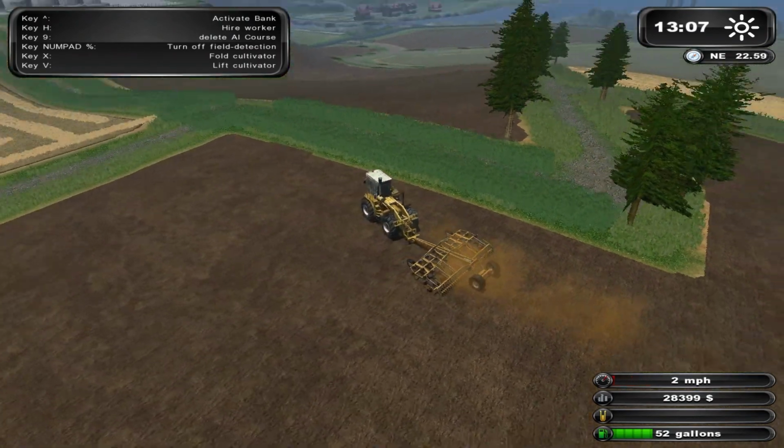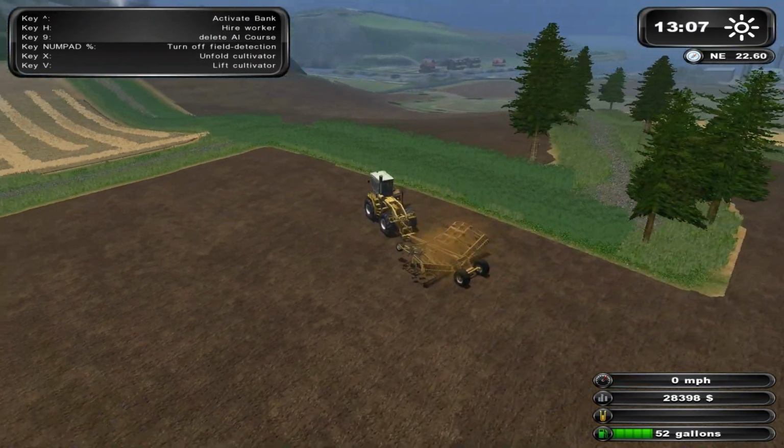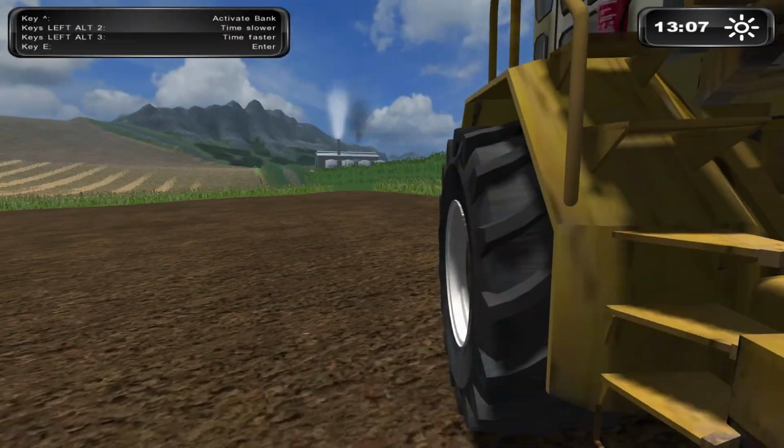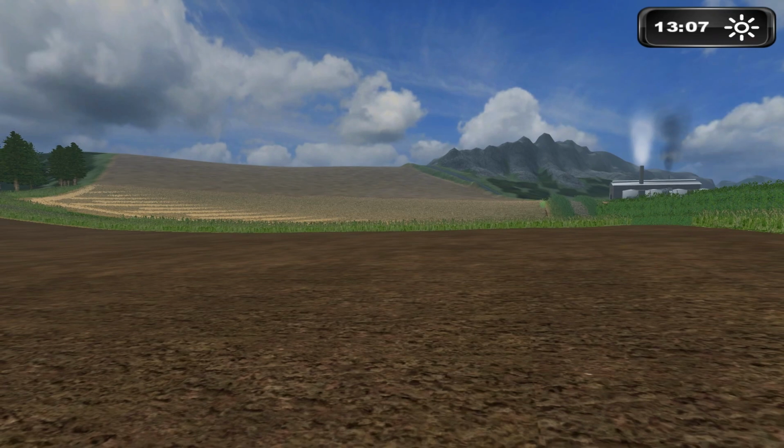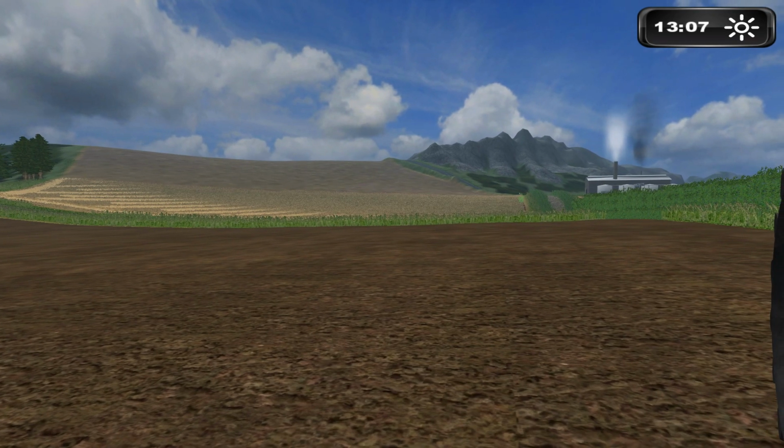Alright, so I think we've cultivated everything we really want to cultivate down here. I'm just going to get it out so I don't waste any more fuel. And I'm going to let everybody go for now,